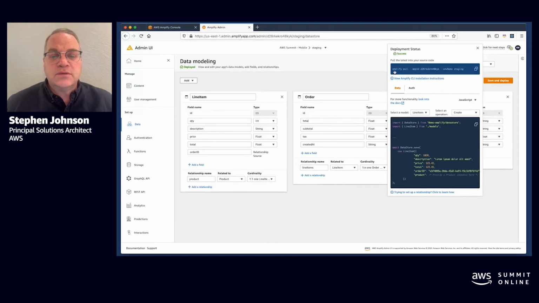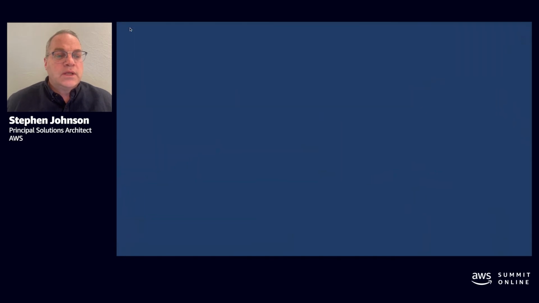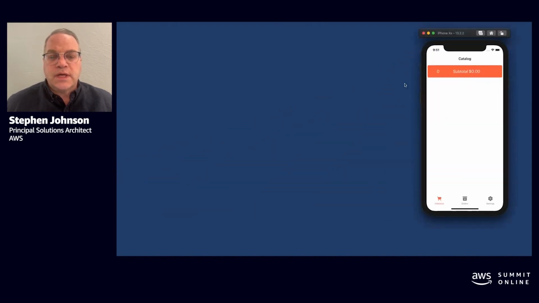So let's go ahead and do that. You can see there's an amplify CLI command here called amplify pull. So I am going to click on that, copy it to the clipboard, and head over to my client IDE. But before we do that, let's go ahead and bring up the application. This is what the application looks like now. It's just a skeleton application, right? I've put basically all the scaffolding here, all the UI stuff is ready for us to actually put some data into this application, which is what we're going to do now, right?